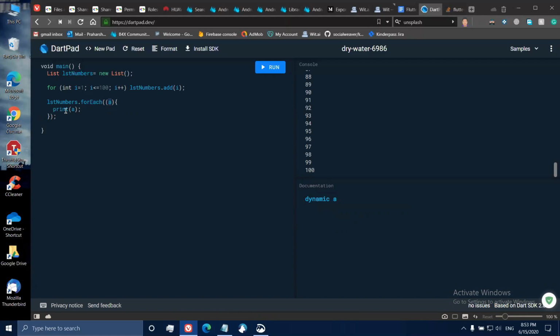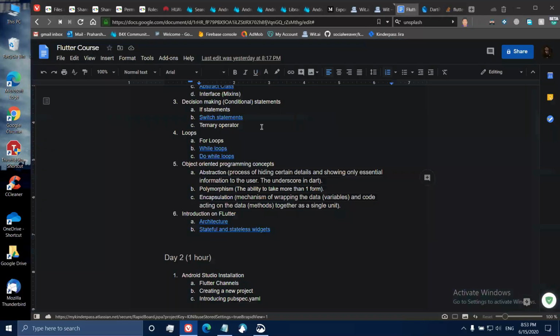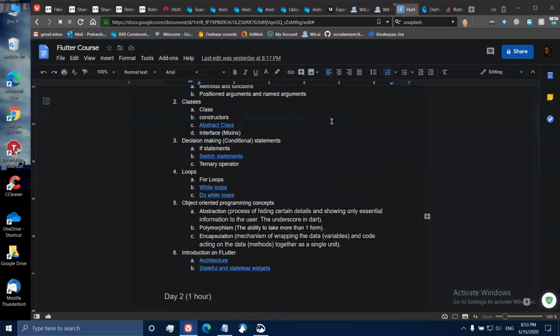So it is just like a loop, but provided in the method body of the list. The same can be done with maps or any other data type that has a list of certain things. So I guess the whole portion of the basics of Dart has been covered. I want to run you through the